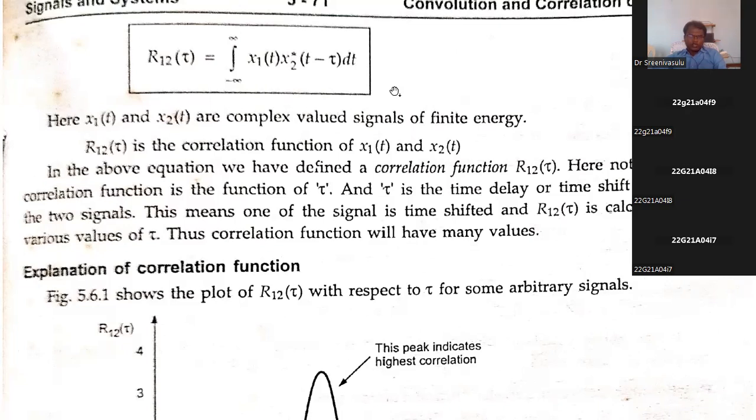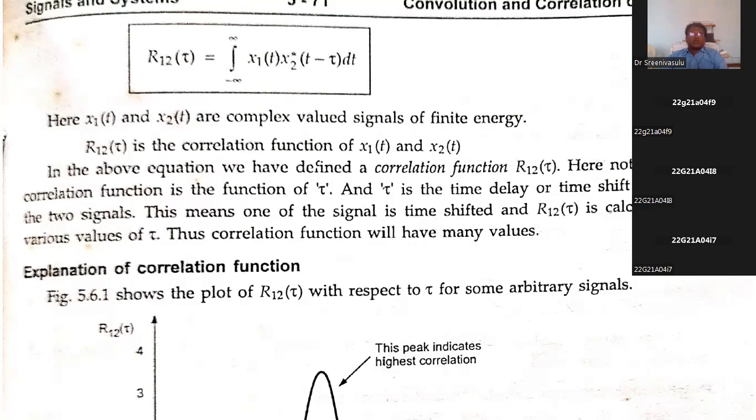This formula is already familiar in the PTSP topics. There we have represented the x of t, y of t. That is because that concept is for random process. That's why there is a capital X of t, capital Y of t plus tau, like that we have represented. But here it is not a random process. It is a signal. Here we are in signals and systems. The concept of correlation, we are applying for signals.